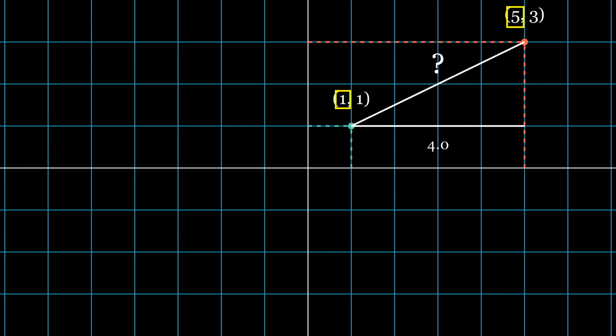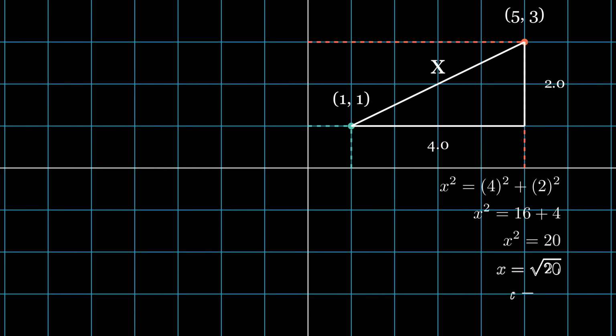We will take the y coordinates of these 2 points and subtract them, and we will get 2 as the answer. Okay, so now we have got this nice triangle here, which is a right angled triangle. We know the length of 2 sides of this triangle and we have to find the length of the third side. For that, we will use the Pythagoras theorem. I hope everyone here is familiar with it, as it is very basic.